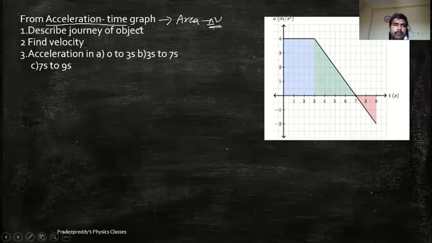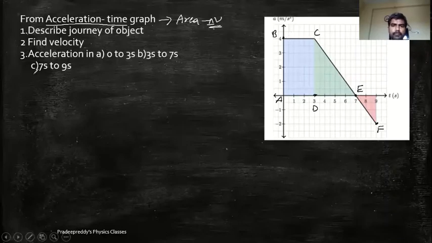Now from the acceleration time graph, the first question is describe the journey of the object. You should describe the journey of the object. So in order to describe the journey, what I'll do, I'll take this as A, and I'll take this as B, C, D, E, and F. These are the points I am representing. Now describe the journey of the object. Check it in this figure. From B to C, understand it. When I am speaking about BC, AD, you should check the figure. From B to C, acceleration is constant, that is 4 meter per second square.